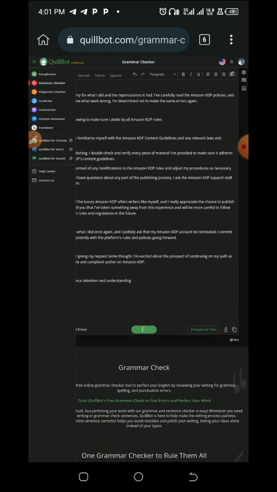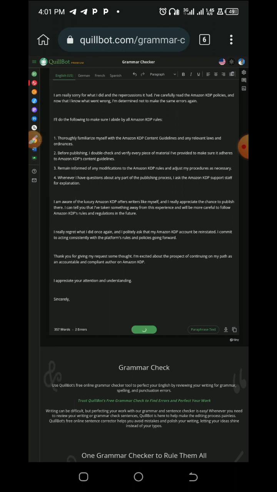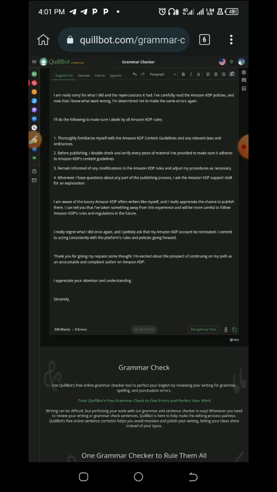Okay, so let's wait for it to load. It says fix all errors. Click on it, fix all errors. Then all errors will be fixed. Then you click on copy down here. Once you are done, let me go back to my